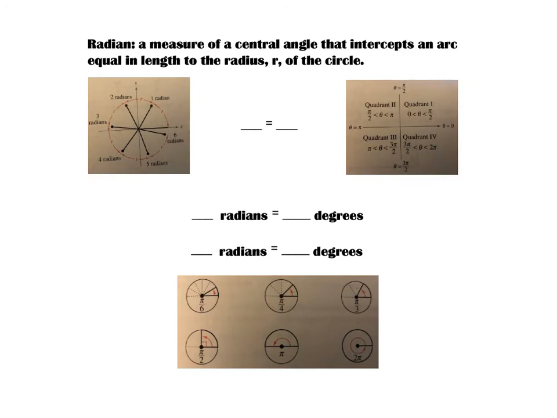Okay, let's get off of the vocabulary and get into the material for this lesson. So let's get into the idea of a radian. Now, a radian is a different way to measure an angle. Let's go through the definition and we'll look at some examples. A radian is a measure of a central angle that intercepts an arc equal in length to the radius r of the circle. So if you look at the visual I've got here on the top left, if I were to stretch out the radius, I could actually take the radius and stretch it out along the edge of the circle